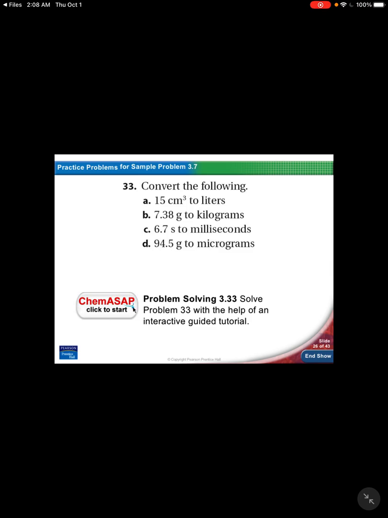Okay, how many micrograms in a gram? 1,000,000. How many milliseconds in a second? 1,000. How many grams in a kilogram? 1,000. But here's one, cubic centimeters, which is a length measurement cubed,